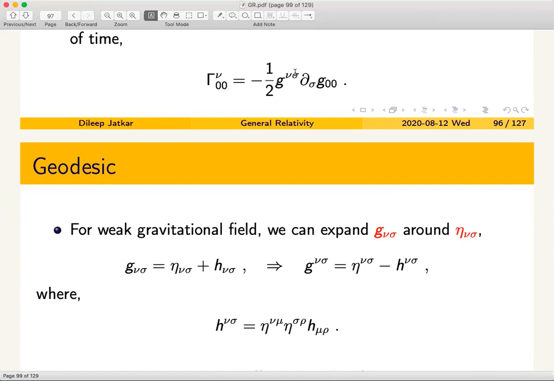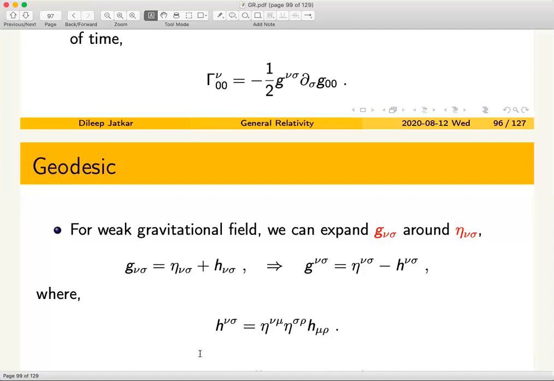We want to write down the inverse metric component. So that would become g upstairs nu sigma is equal to eta nu sigma minus h nu sigma. Now this statement is of course correct only up to a particular order. But if you multiply this g nu sigma covariant with, say, g nu rho contravariant, then you will find that the leading piece of course gives you 1, since it's an inverse metric, you expect that to happen. A term at order h would vanish, where h upstairs is defined in this particular fashion.